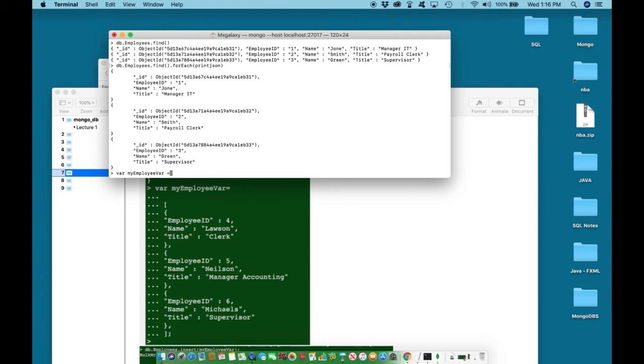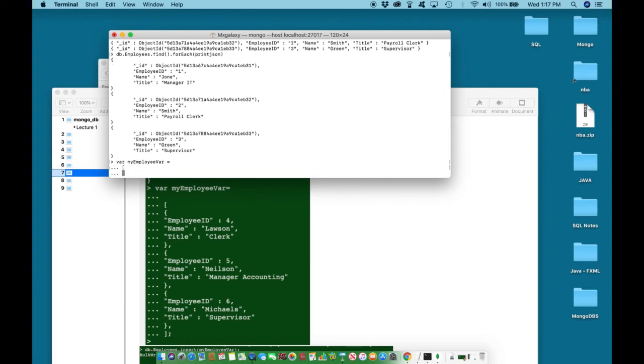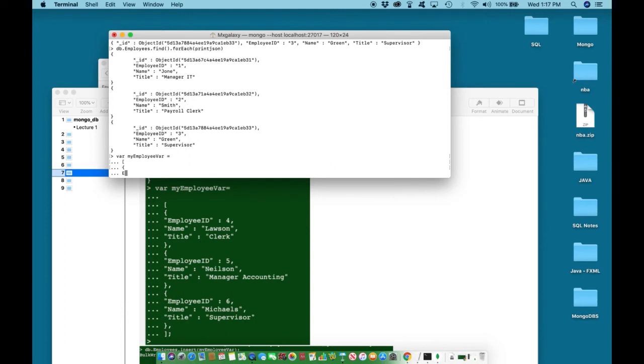Var is equal to. We are inserting an array of more than one document at a time. Therefore, this information must be in square brackets. After the square brackets, each document has to be in its own curly brackets. So let's do employee,